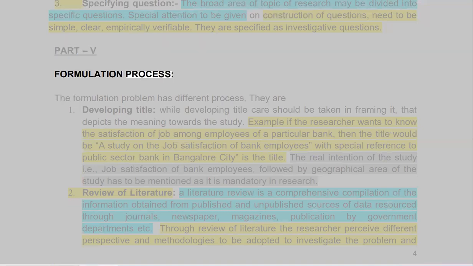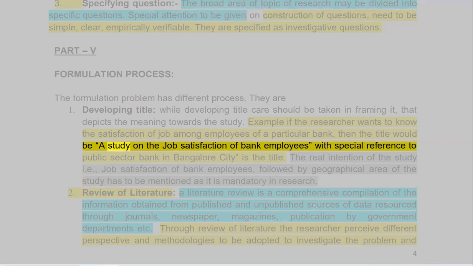Formulation process. The formulation of a problem has different processes. They are: 1. Developing a title. While developing a title, care should be taken in framing it so that it depicts the meaning of the study. For example, if the researcher wants to know the job satisfaction among employees of a particular bank, then the title